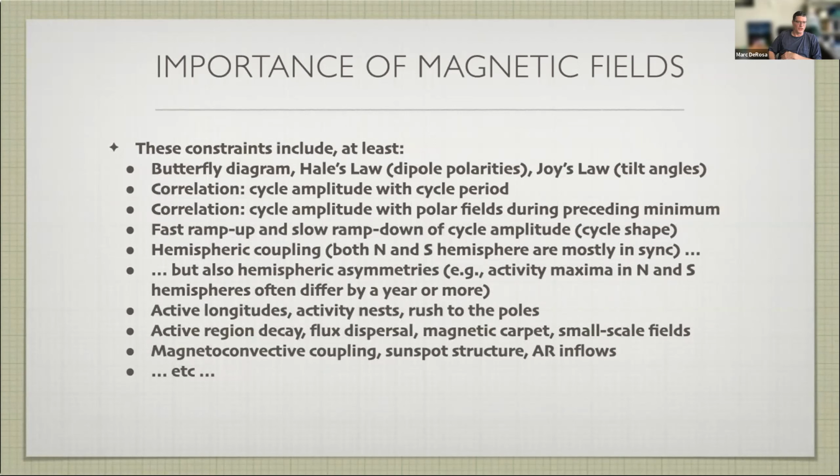The shape of the cycle seems to be important. It's slightly asymmetric, comparing the ramp up and the ramp down phases. There's clearly some hemispheric coupling. Both the northern and the southern hemispheres are mostly in sync. They never really get very far out of sync, but then there's also some hemispheric asymmetries. In particular, it's well known that activity maxima in the northern and southern hemispheres often can differ by a significant